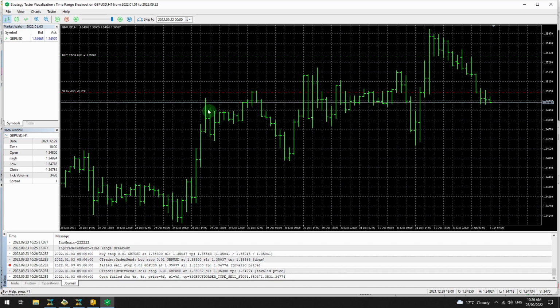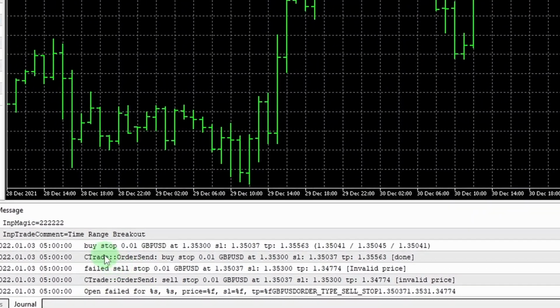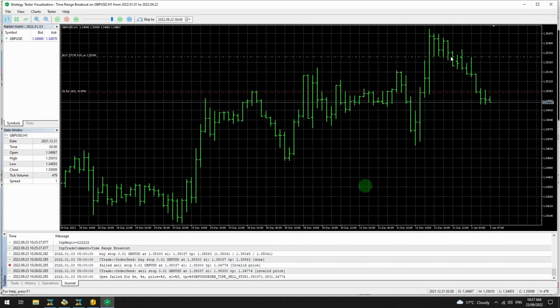Now I just paused it. This is the first time it's attempted to place trades. I can see that I have a buy stop here, but I don't have a sell stop. And if I look at the error messages, it failed the sell stop at 1.35037, invalid price. That is because the price was actually at the bottom of the range when the range exited. And so I attempted to place a sell stop at what was effectively the market price, and that can't be